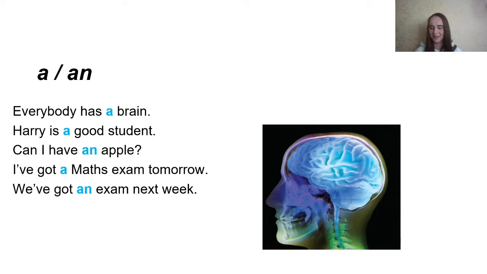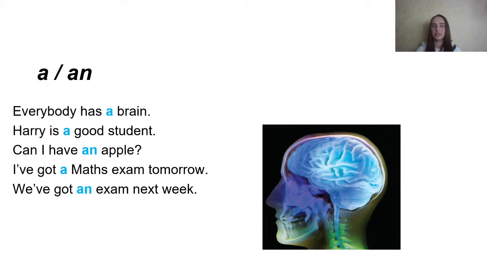That's great still. So, yes, we're going to talk about the indefinite article a or an. Good. Oh, I'm grateful for your pluses. That's fine. First of all, the indefinite article is used when we talk about something for the first time. And this word is in singular. That means a means one, only one thing, right? So everybody has a brain. In other words, everybody has one brain, right?